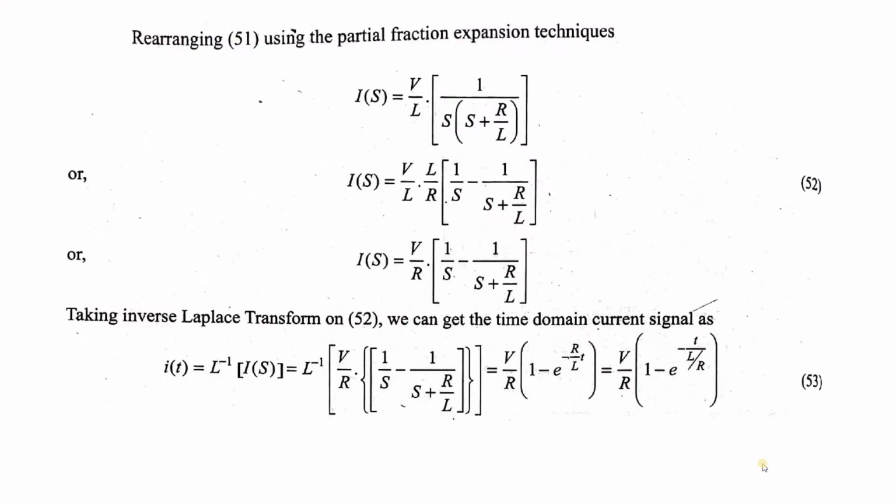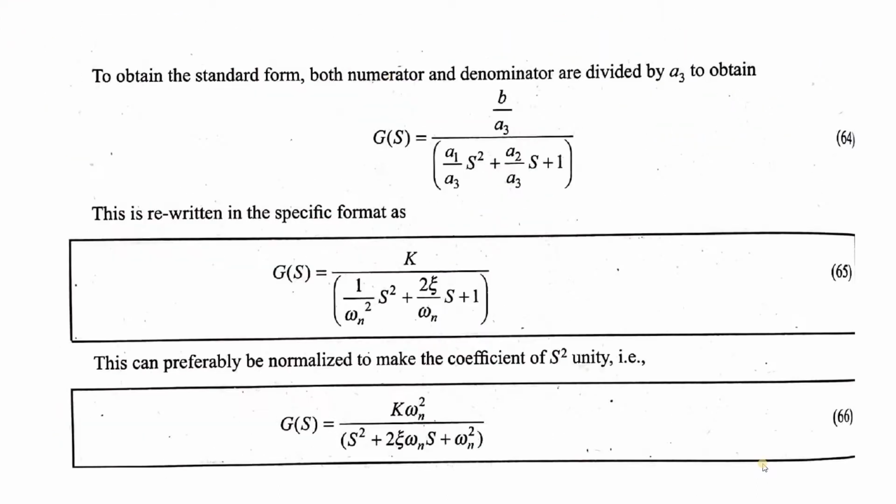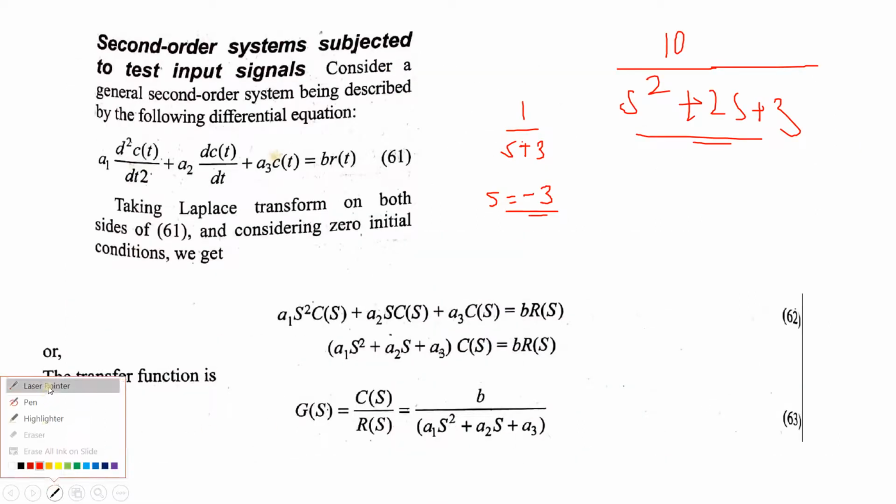But in the second order system, we don't write in that way. Rather we want to associate something with s. In this case we want to associate first, and in the modified form we don't associate it. This is the step by step I'm showing you. First of all, you start with this equation, a1 s square plus a2 s plus a3. You have this equation.